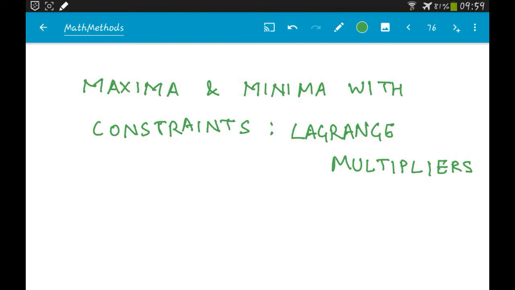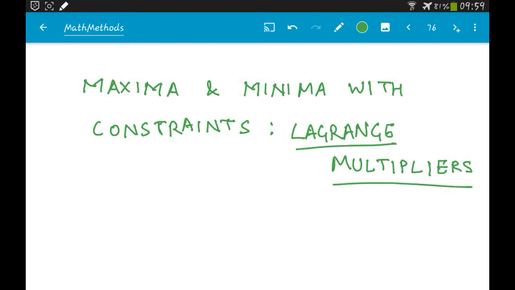Alright, in the last lecture we looked at maxima and minima, but there were no constraints to the functions, right? Now we want to look at maxima and minima when there are certain constraints associated with the function itself. So when there are constraints, there is a very powerful method, which is basically known as the Lagrange multipliers method, and using this method we can very easily determine the maxima and minima and whether a function has a maxima or a minima. So this method is what we will learn today.